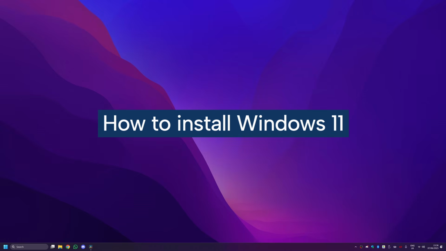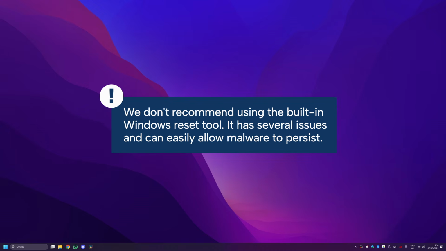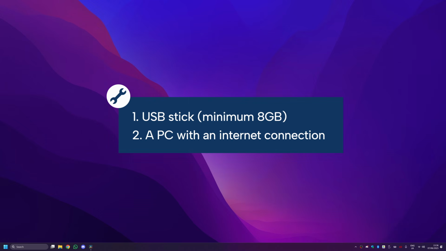If you want to install Windows 11, either by refreshing an existing installation, upgrading from Windows 10, or maybe you've just built a new PC, you're going to need to use the Media Creation tool. We always recommend using this method over the built-in Reset tool, as the Reset tool has problems and malware can easily persist. To get started, you'll need a USB stick that is at least 8GB and a working PC to